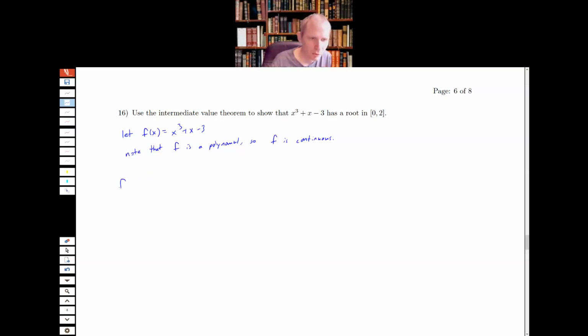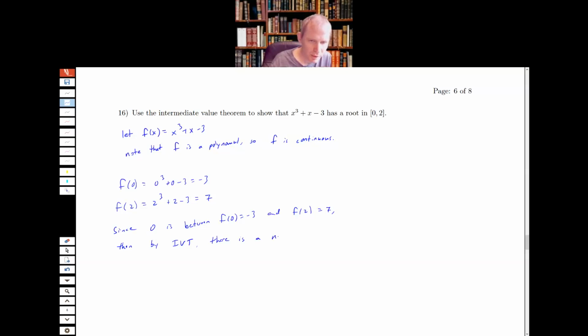All right, so now let's compute f of 0. F of 0 is 0 cubed plus 0 minus 3, which is negative 3. F of 2 is 2 cubed plus 2 minus 3, which is 7. Since 0 is between f of 0 equals negative 3 and f of 2 equals 7, then by the intermediate value theorem,